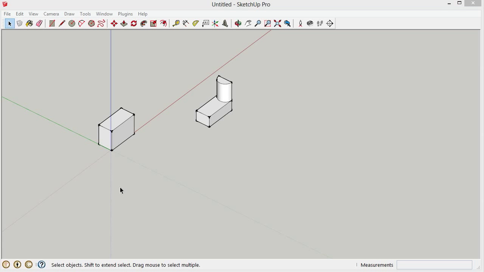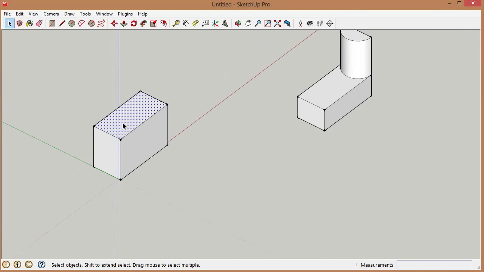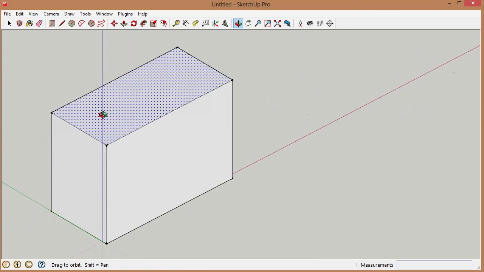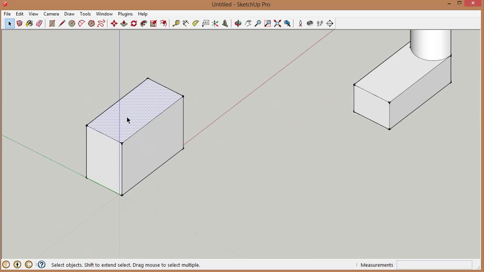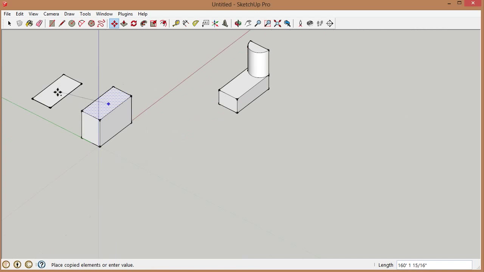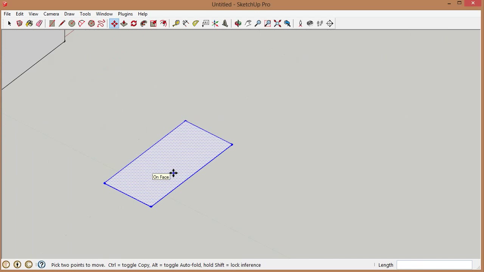Another useful function that the Rotate tool has is the ability to allow me to do a fold, to actually treat a plane, a flat surface, like a piece of origami. So let's make a copy of this. Use the line tool and arbitrarily create an edge, a line there that I wish to fold this face on. I select the Rotate tool,